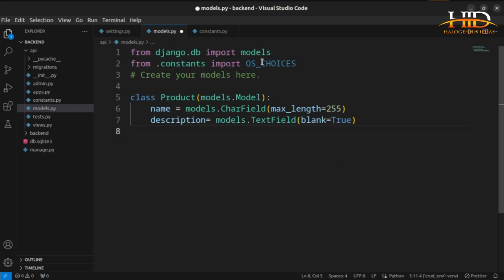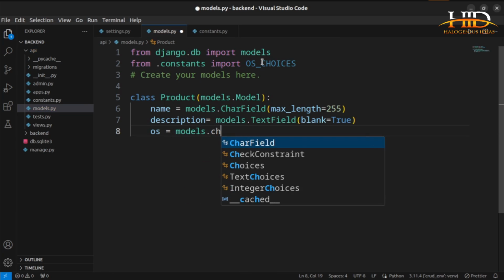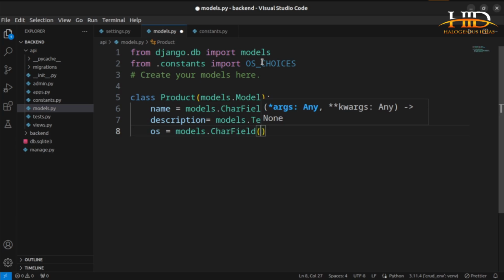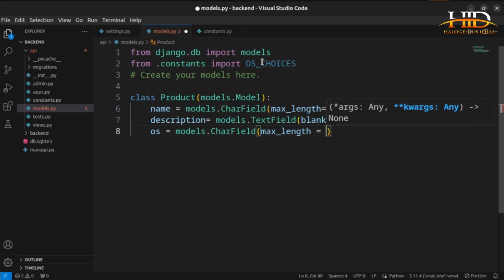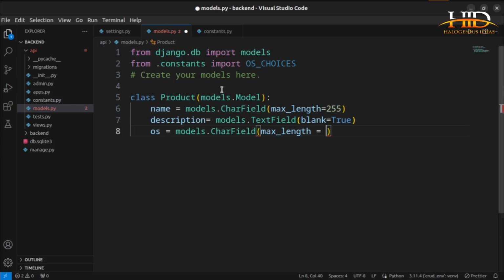So for the next one, os. You see the way I can add this particular field, models.CharField, but I'll set the maximum length. If you check all the constants, none of them exceeds it: this is 3, this is 7, another 7, so we can just say the maximum length should be 8. Then after that, I will now say choices